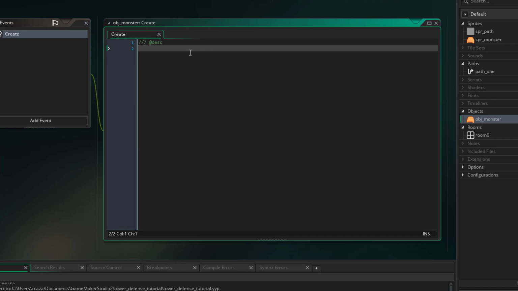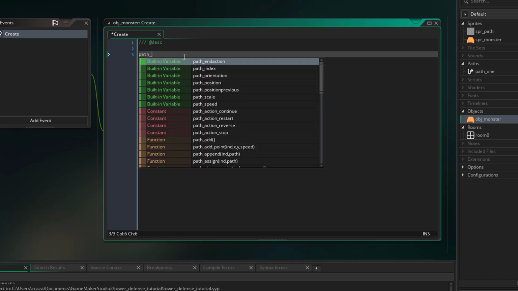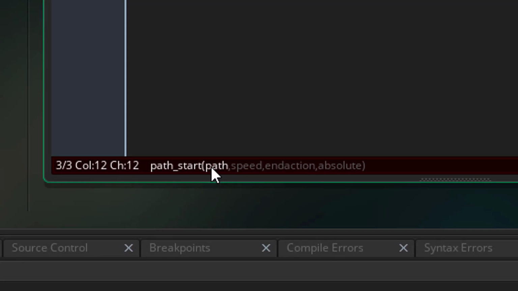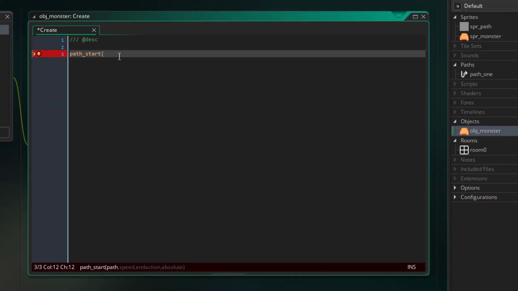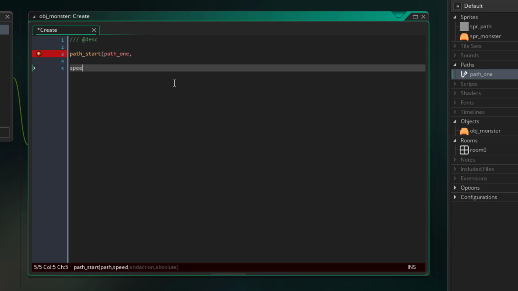So we want to use a function called path start. And down at the bottom, there's a couple inputs we need to write down. So the path is path 1. So that's the path that we're going to start. The speed, this is how fast we're going to move along it. And the speed here works very similar to the speed